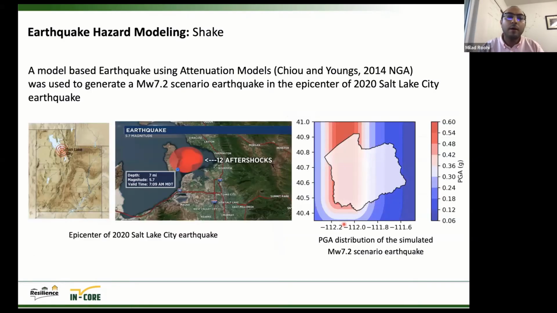To perform earthquake hazard modeling in terms of shake, we performed model-based earthquake modeling using attenuation models available in INCORE. In this work, we are using Chiou and Youngs' 2014 model from NGA to generate a magnitude 7.2 scenario earthquake at the epicenter of the 2020 Salt Lake City earthquake. So in this plot, you can see the epicenter of